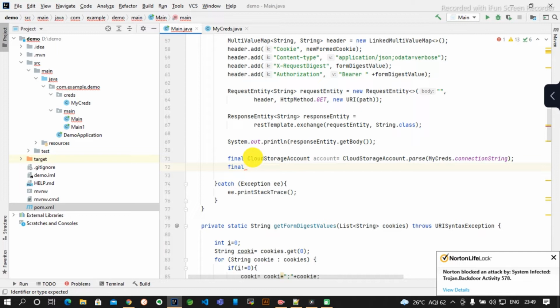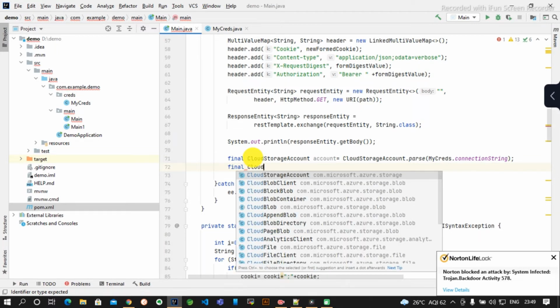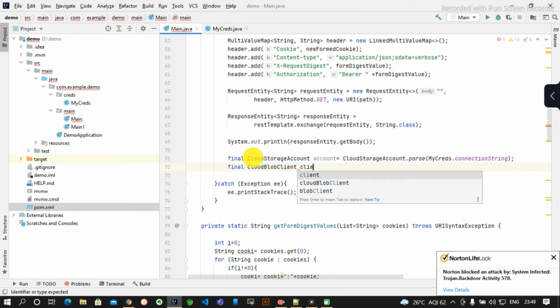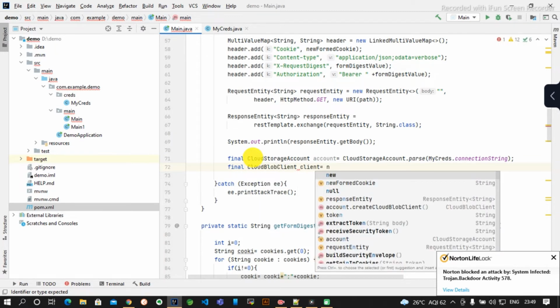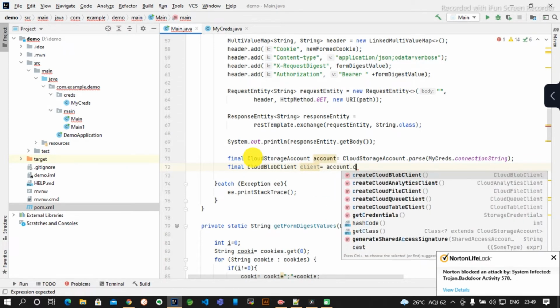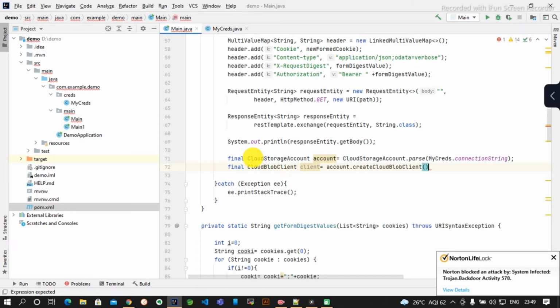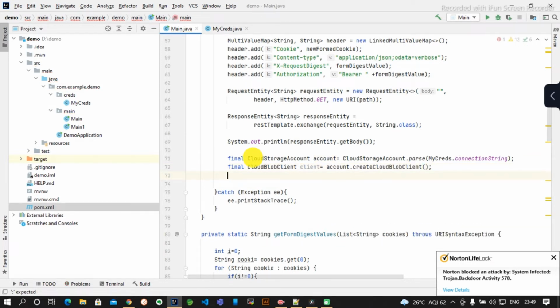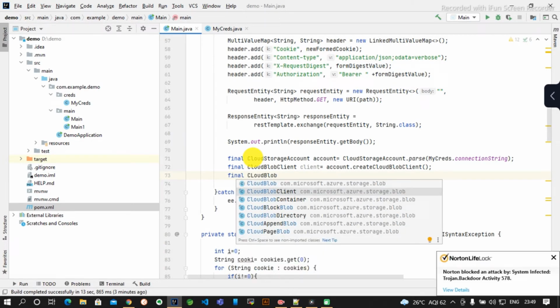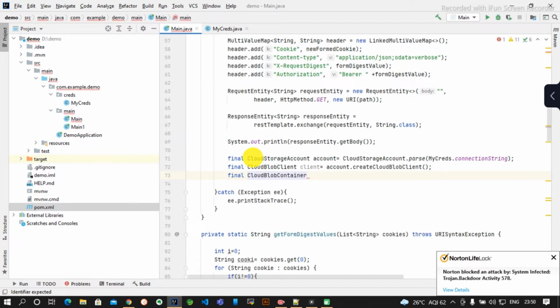Cloud blob client, account dot create cloud blob client. Then we need to use the container, in which container we need to put our file.